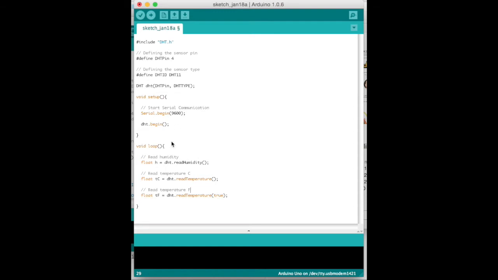So what our code is doing right now is reading the information from the sensor. Now we have to display this information somehow so we can understand what's happening. And for that, we're going to use our famous serial communication. So let's first start sending the humidity readings. So serial.print, let's call it humidity, and then